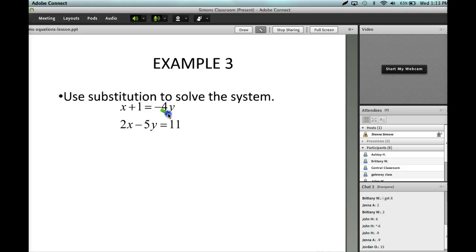Negative 4y is already solved for. What if I just subtracted the 1, and you're solving for x? Then I'd have my x. Wouldn't that be easier than dividing by 4, and then you don't have to use fractions? Again, I'm just trying to show you, make this as easy as you can, because you don't want to play with fractions, do you? No. Most people don't like fractions. So what we would do